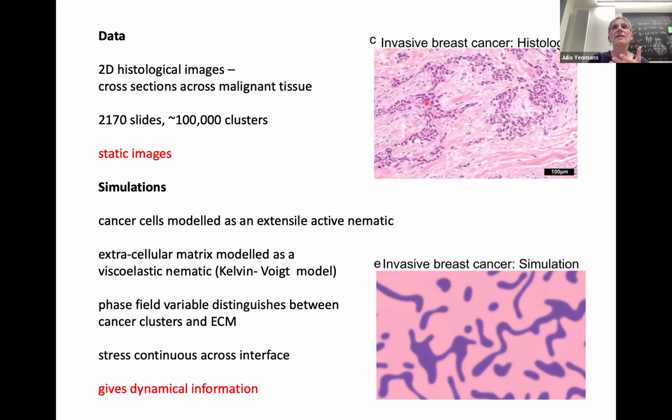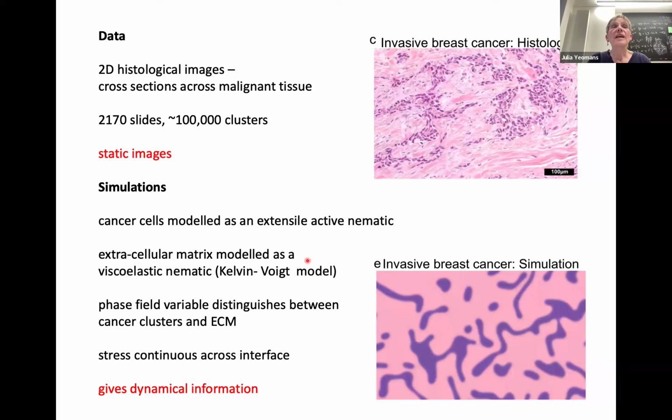But the problem with this is those images are static, because these things move very, very slowly, and you can't expect a patient to sit there for a year or so while they move around. And so the distribution of sizes is known, but the dynamics is not known from this data. So we wanted to see if we could try and write down what we felt was a sensible model, and see if it can give the same sort of distribution as there is here. So we modeled the cancer cells as an extensile active nematic,